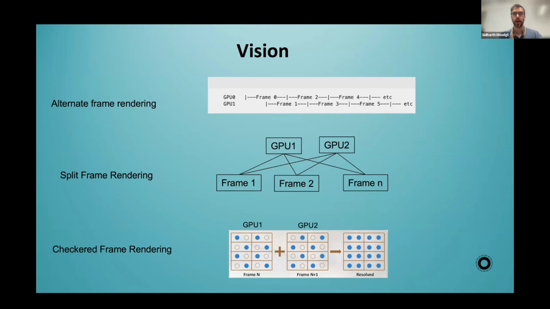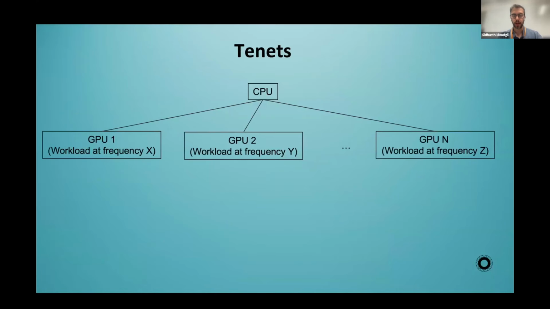But this approach requires an SLI-based setup where you have to link the adapters together, and it's very, very constrained in its use cases. So the way we designed, or tried to plan for, the multi-GPU support was to build the architecture in such a way that you can have one CPU that can record GPU commands across multiple GPUs so that it can execute workloads at different frequencies, and then you can do synchronization and composition at the end.